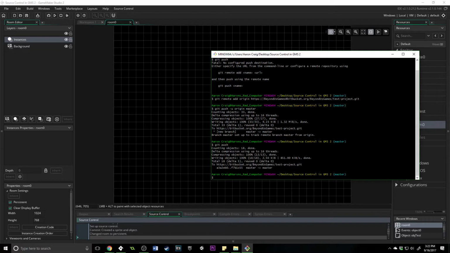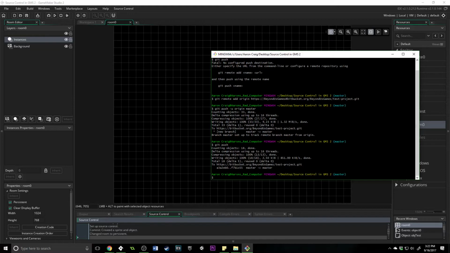Now, if you'd like to use the Git GUI, you can. I just wouldn't recommend it for GameMaker Studio 2, as it requires that you put another commit message in there. This is the best way to do it without having to redo steps and make it a little more confusing,